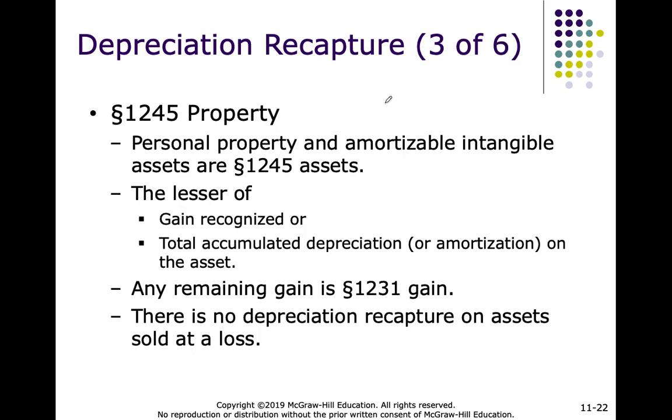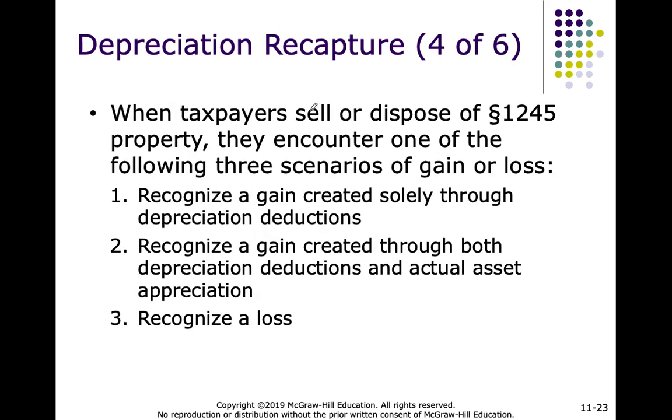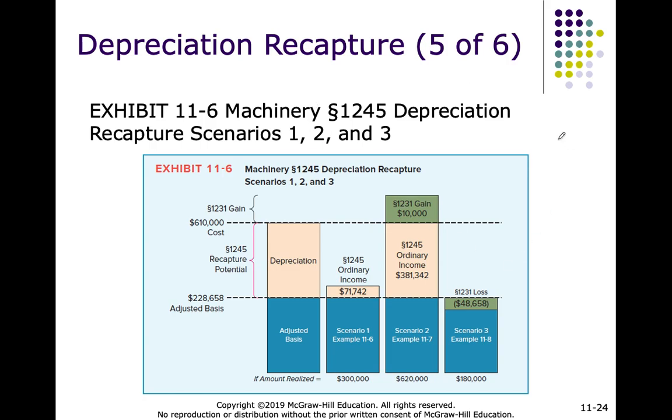Okay, so 1245 property. I'm just going to move on to the example. I think the example is pretty good at thinking through the application of these different code sections and the character of the gain. So we have an example here. We have a property with the cost of 610, or actually the basis. The adjusted basis of this property is